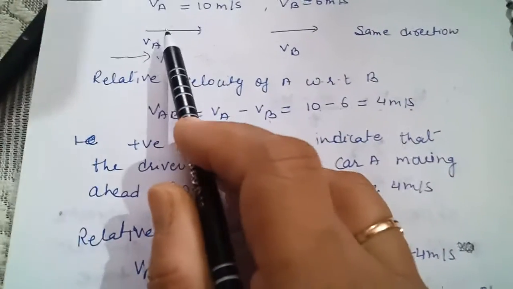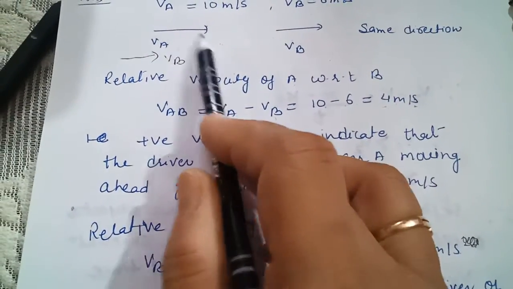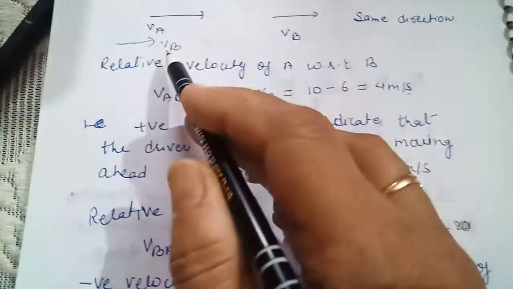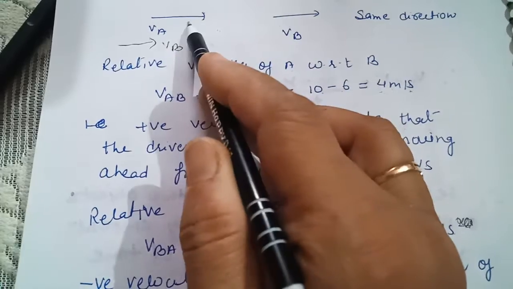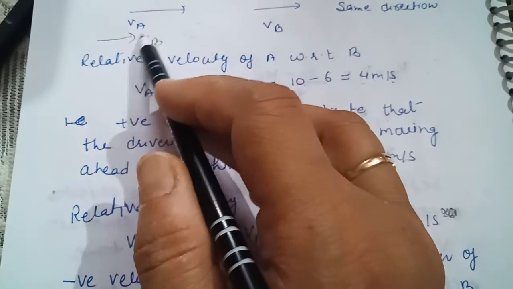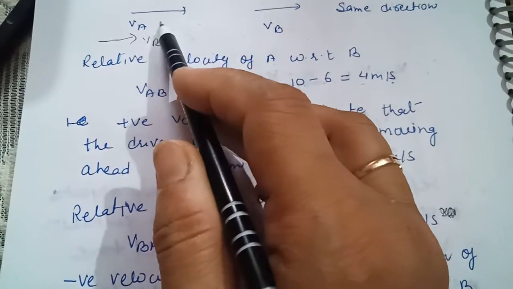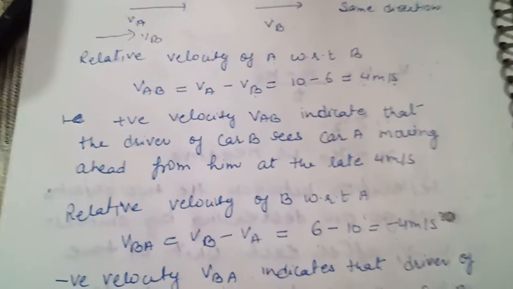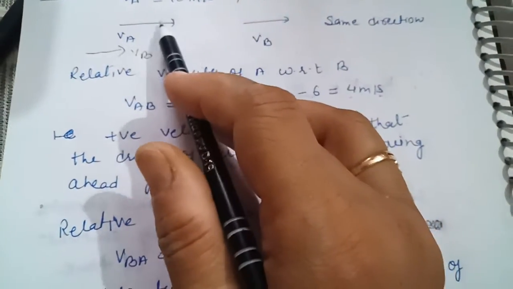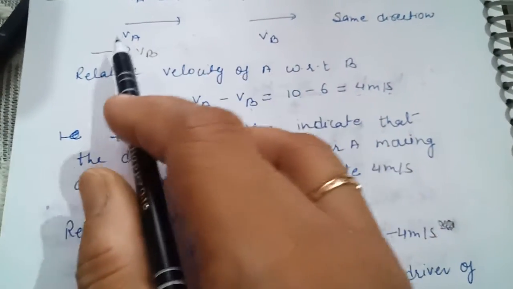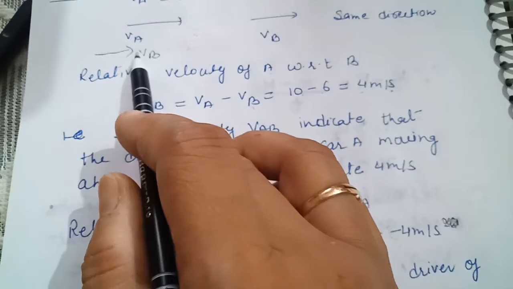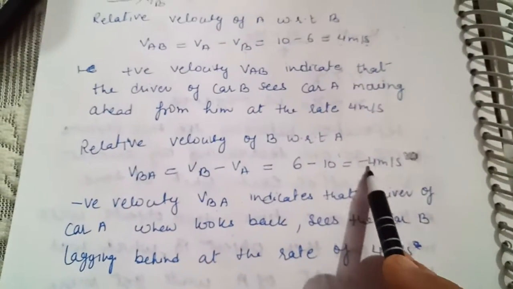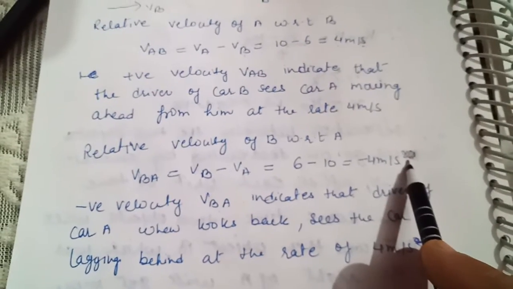मतलब कि ये जो कार A है वो आगे जा रही है और कार B, अब निगेटिव वेलोसिटी आने का मतलब कि इनके बीच का सेपरेशन बढ़ रहा है, जो आपने भी ग्राफिकल रिप्रेजेंटेशन में देखा था कि इनके बीच का सेपरेशन इंक्रीज़ कर रहा है. तो सेपरेशन इंक्रीज़ कर रहा है तो इसका मतलब कि जो कार A में ड्राइवर बैठा है उसको ऐसा लग रहा है कि ये जो कार B है वो और पीछे जा रही है, कितने स्पीड से, 4 मीटर पर सेकेंड की स्पीड से, ओके.